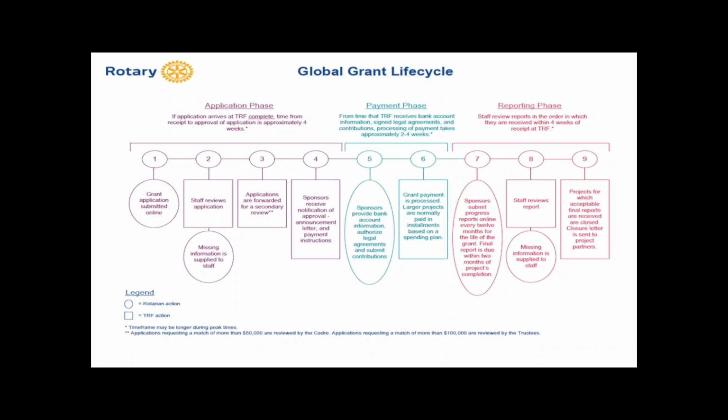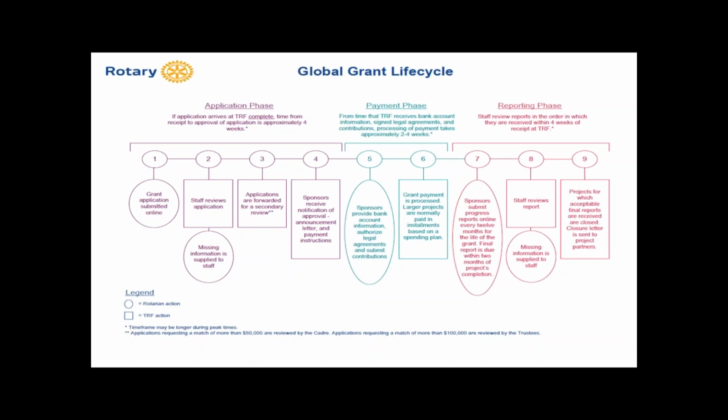I'm not going to hold back money on someone with a promise to complete when you can see that they're a long way off when other clubs have completed. So I don't want to send any money back to RI. We want to use up all of that $109,000. And the way it stands now, if all of these global grants are in queue and completed, we will have spent that $109,000 with only one or two carried over for next year. Is that clear? Because we want to spread that money out.